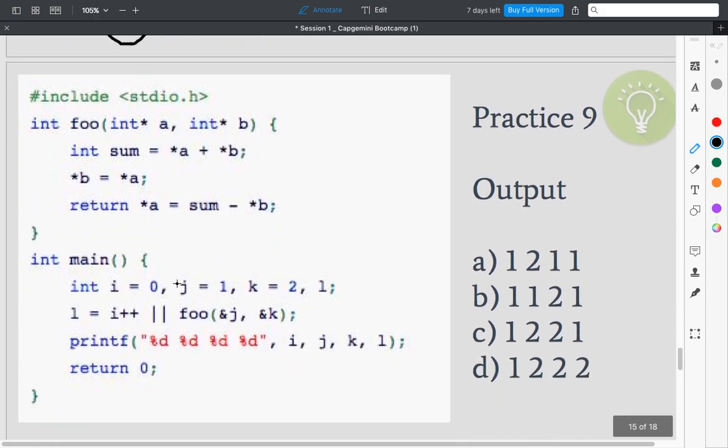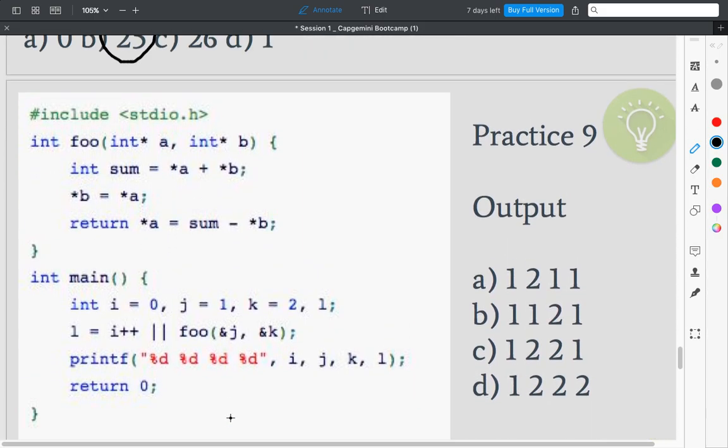The next category of questions can be a combination of operators, like the plus plus operator, the or operator, and the ampersand, that is, pointer related questions. This is a very complicated and tricky category. If you don't know the basics of pointers, then you must study. There will definitely be 2-3 difficult pointer questions.